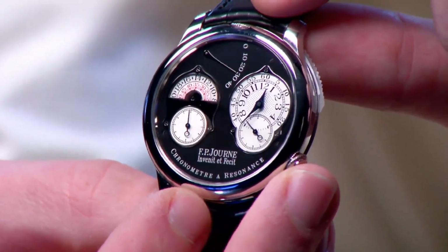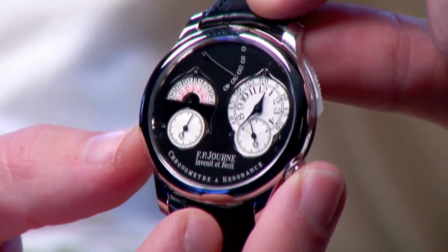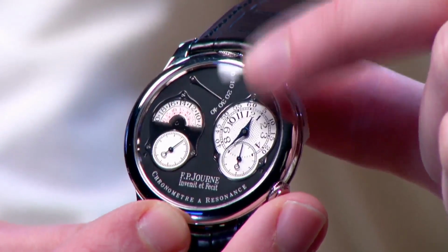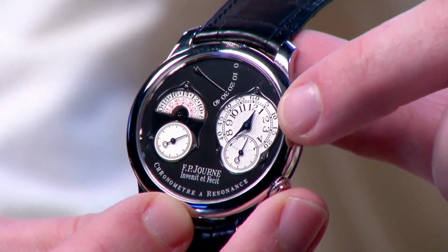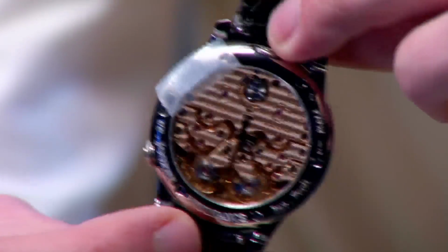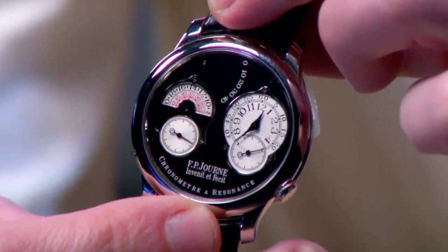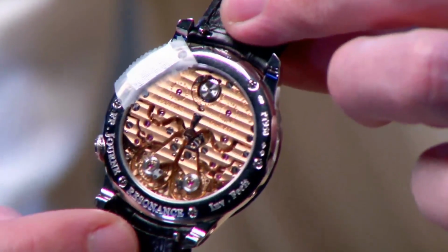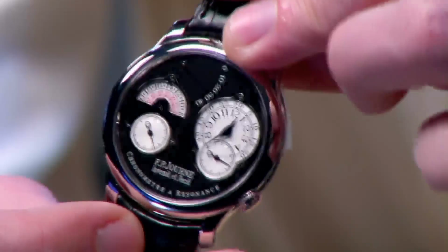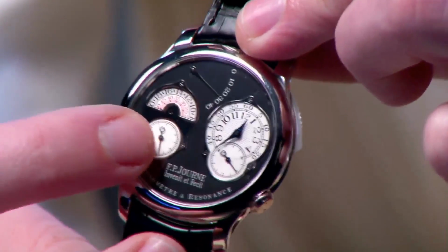Low numbers of any given model available per year, meaning in any given year you're likely to see single-digit productions of any given version of the Black Label, and this being the Res 3, it has a few features we associate with the Res 3. The Res 1 would have featured a brass movement and a symmetrical dial, 2 12-hour dials. The Res 2 would have featured the symmetrical dials and the rose gold movement. So we went from a symmetrical dial with brass to symmetrical dial with rose to an asymmetrical dial